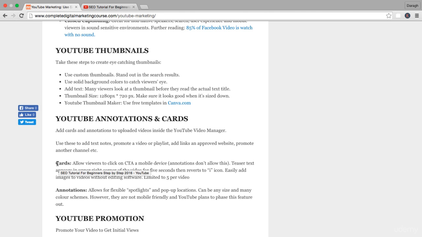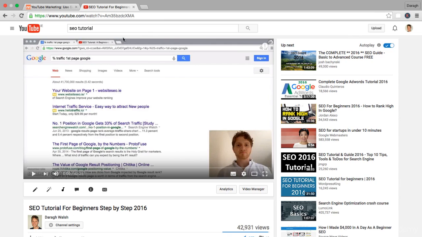So let's start off with cards and really understanding what these are. I'm going to show you an example of this. I'll just put this video on silent. I'm going to play this, and what you'll notice up here in the top right hand corner is you can see bonus 26-point SEO checklist. And you can see that that comes up for about 5 seconds